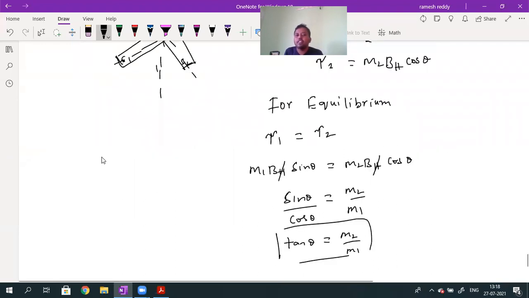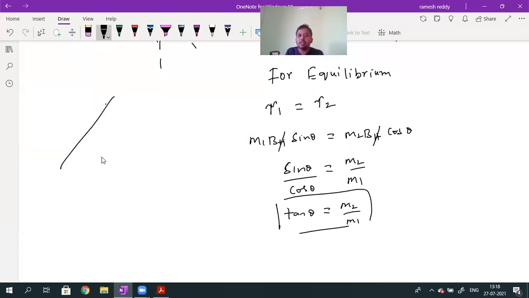If you are having trouble here, I will show the diagram with a single line. This is one bar magnet, and this is the other bar magnet. The first bar magnet's magnetic moment is given by m1, the second's by m2. We arranged the bar magnets in such a way. The horizontal component of Earth's magnetic field is BH. When we leave the two bar magnets, they will rotate and align in the direction of BH. For the system to be in equilibrium, they should not rotate. The first bar magnet is making an angle theta with BH, so the angle made by the second bar magnet with BH will be 90 minus theta.